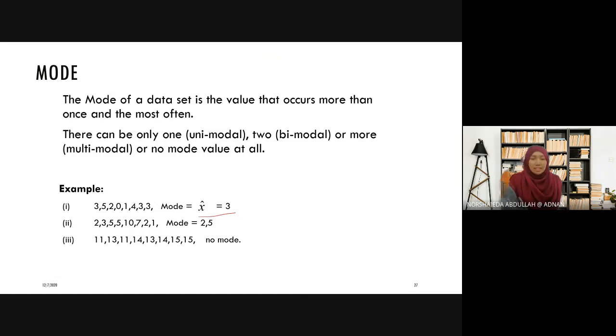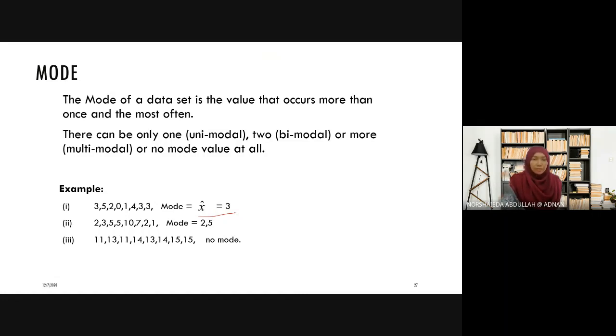The second data set, 235510721. We can observe this data. We find that data 2 and 5 happen twice, and the rest of the data happen once. So we can say that there are 2 modes in this data set. The modes are 2 and 5. There are 2 modes. So for the third data set,